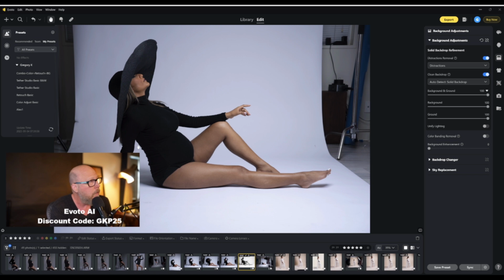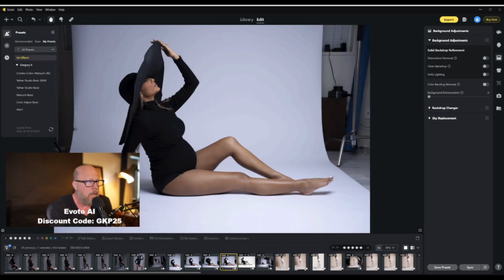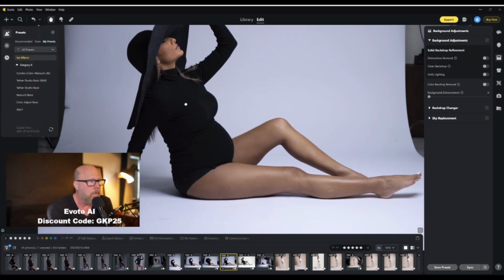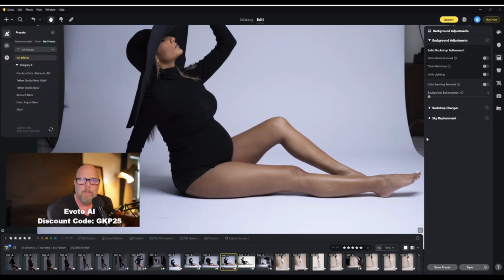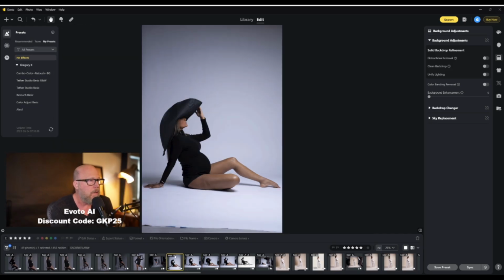And then you got to come in and you got to fix the edges of the clothing, all that stuff, right? 5 to 10 minutes, and then you got to go to the next shot. And maybe you can copy some layers over, maybe you can't, but you got to do the manual blemish removal over here. On this one, I got to fix the sides again, and I got to do that for every one of them. Pretty soon, it's taken me 30 minutes to an hour just to do 4 or 5 shots,